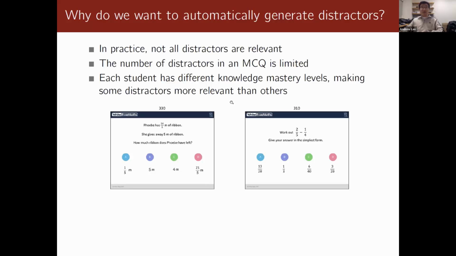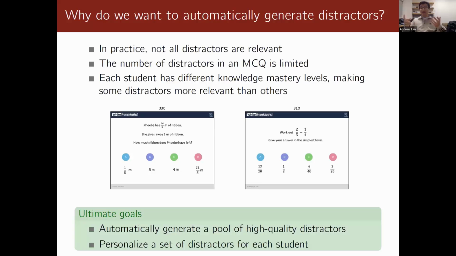Another deeper issue is that since each student has different knowledge mastery levels, everybody has stuff that they don't necessarily master, and your weakness may not be the same as my misconceptions. If we just have the same static version of the problem and the same set of distractors for everybody, the distractors relevant to you may not necessarily be relevant to me. Ultimately, if you want to make these distractors very relevant to each individual student, one can also think of possibly even personalizing the set of distractors to make them really relevant to the individual's progress.